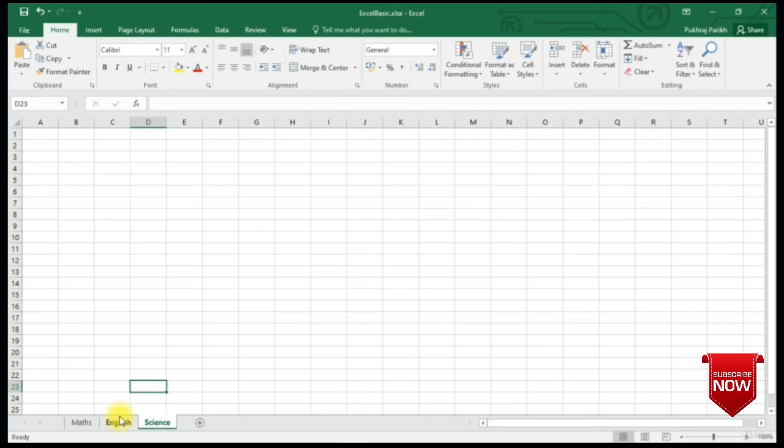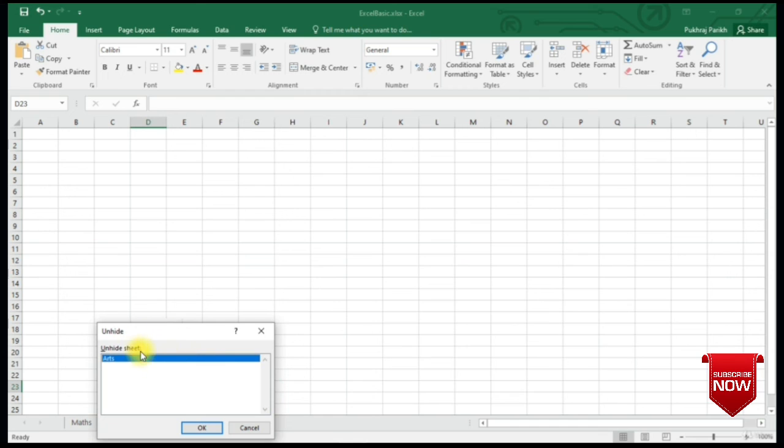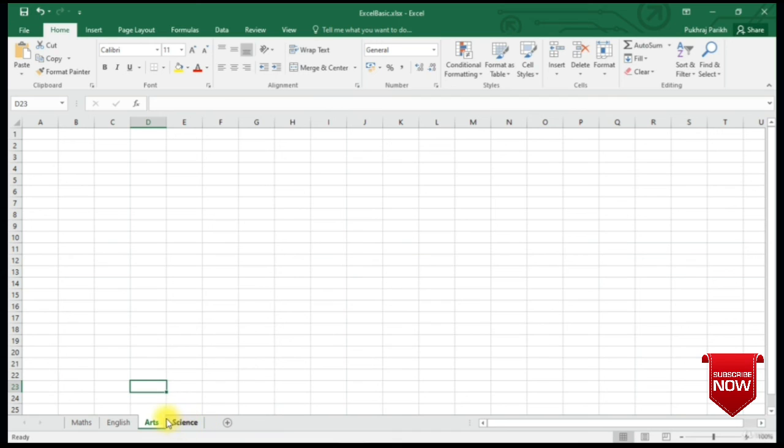Hiding sheet is a common practice in businesses. Very often, only a sheet containing summary of the data and charts or graphs is visible. Other sheets containing detailed data are hidden. If anyone wants to look at that data, they have to unhide the sheet. To unhide the sheet, they have to right click in this bottom tab area and select the unhide option. Here you will see all the hidden sheets. Select the sheet you want to unhide and click on OK.